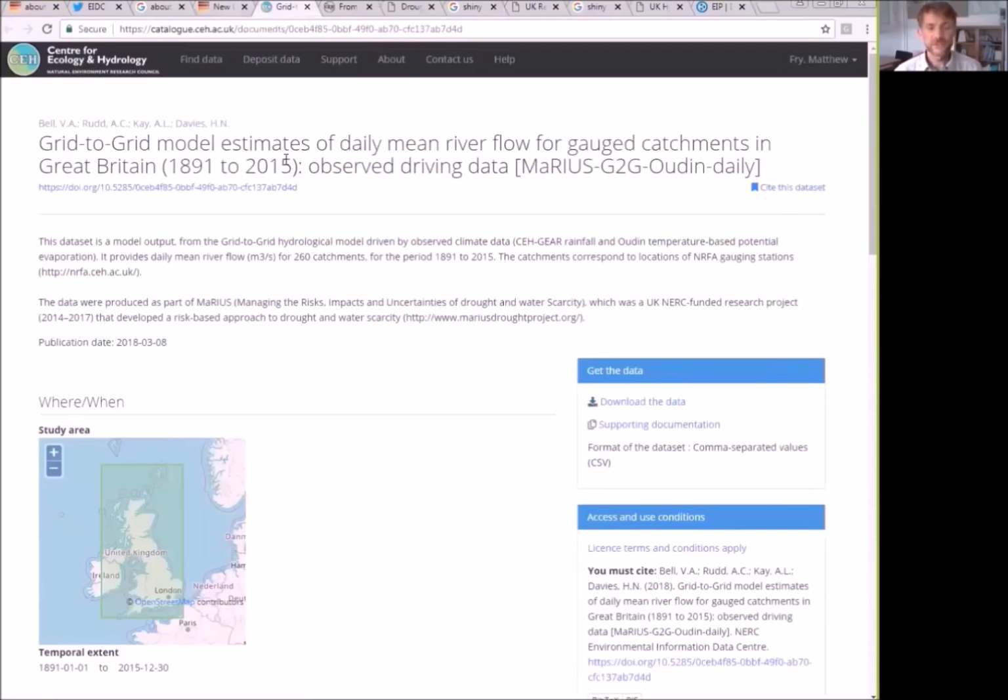So lots of the river flow and the hydrological outputs are in the CEH Environmental Information Data Center. And when you're accessing these datasets, you get a page for each dataset. You get a nice title and description of the dataset. So this is one of the historic modeled, gridded model datasets with the grid model from the Marius project. You get a DOI for that dataset, so there's a kind of long-term unique identifier for that dataset that you'll always be able to use to access